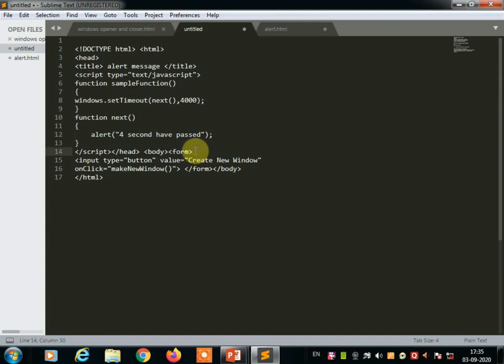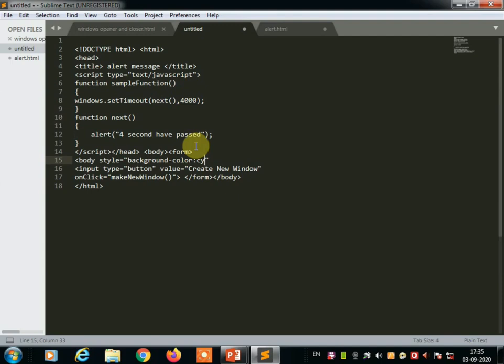Then we are going to create one style. We use the body style equals, in double quotes, background-color, colon. You can use any color name over here.